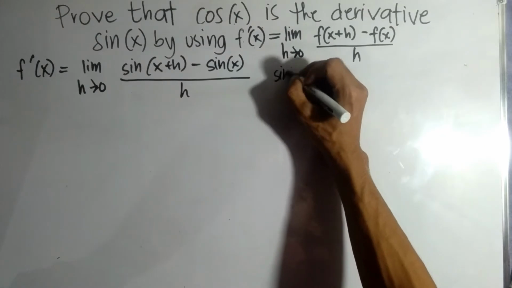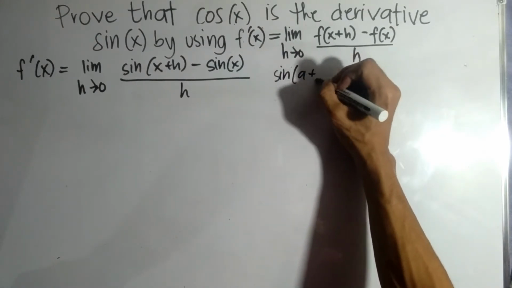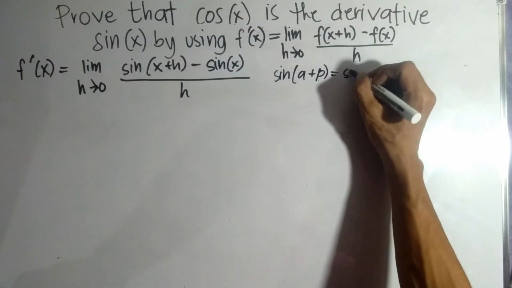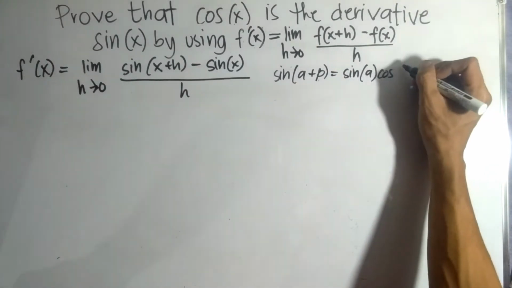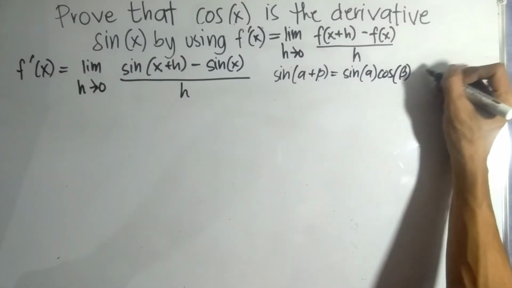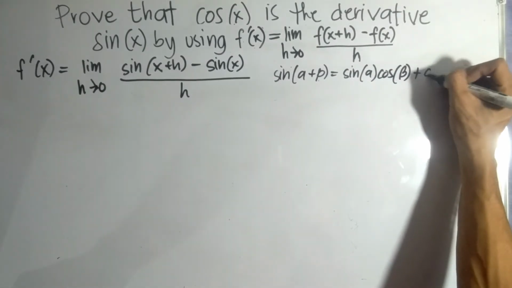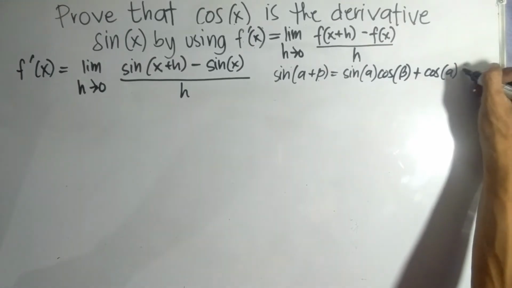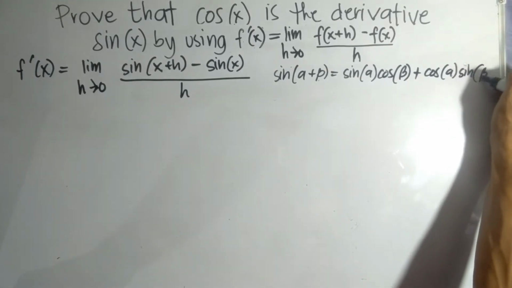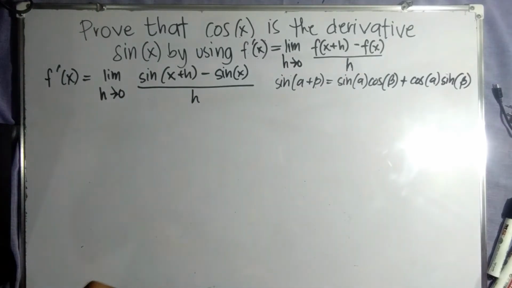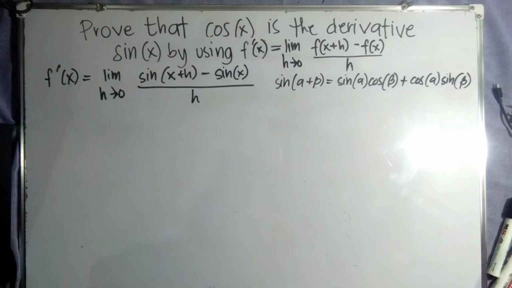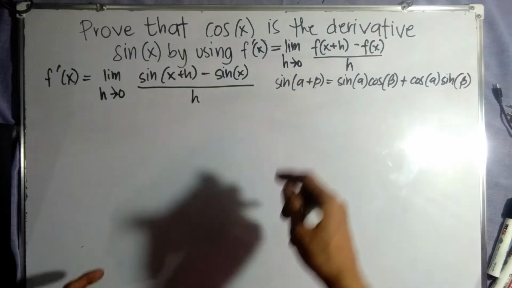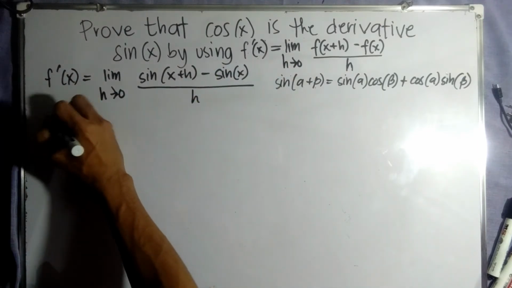Ganito siya. Sine alpha plus beta is equal to sine first angle, which is alpha, times cosine second angle, beta, plus cosine first angle, then sine second angle. Okay? So, ibig sabihin, yung concept nito, isa-substitute natin dito sa sine x plus h in terms of x and h. Okay? So,